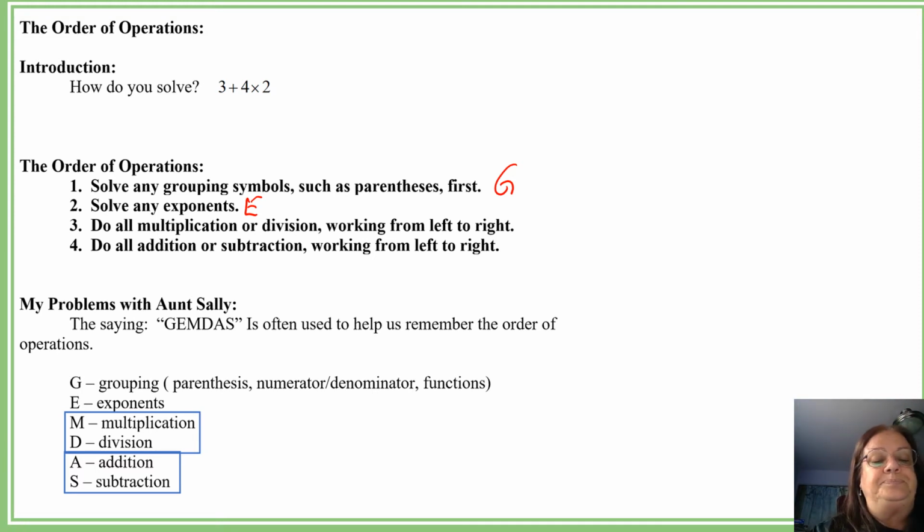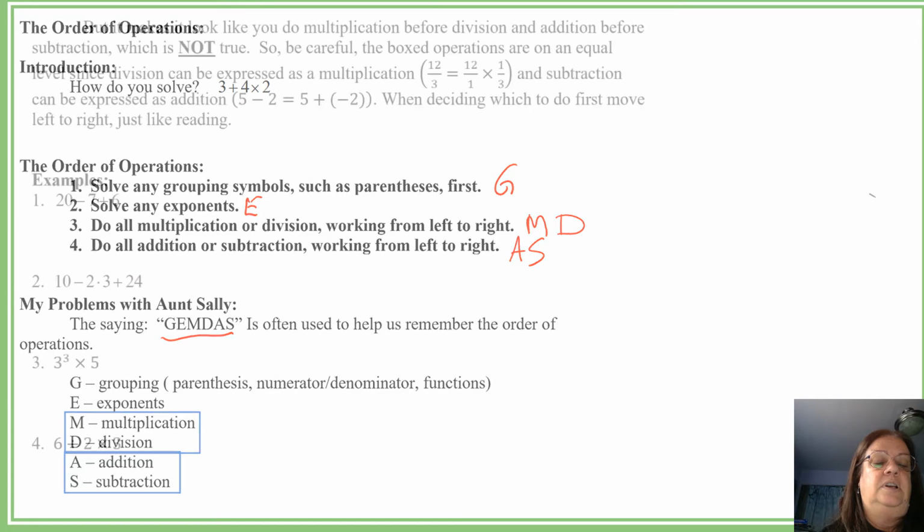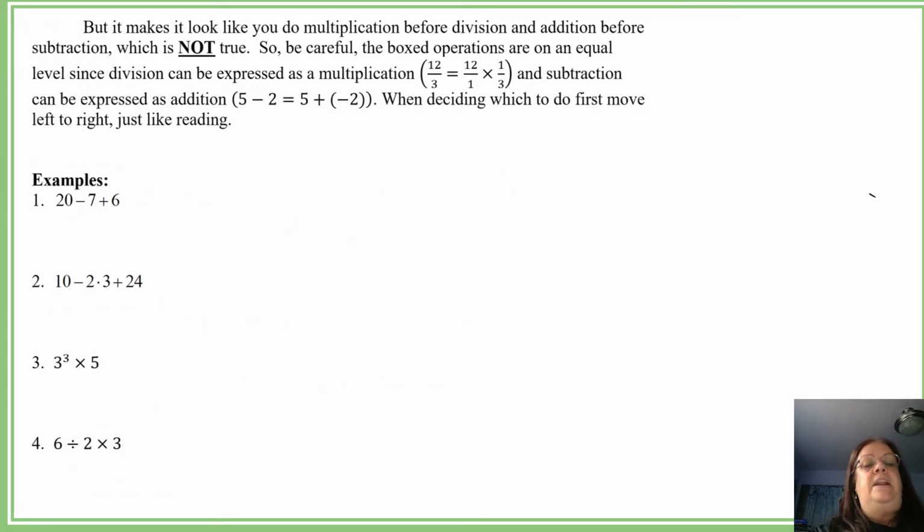All right. Now we do all multiplications or divisions as read from left to right. Then we do all additions and subtractions, again, as read from left to right. We use the saying GEMDAS: grouping, exponents, multiplication, division, addition, and subtraction. GEMDAS. Okay, but it makes it look like you do multiplication before division and addition before subtraction, which is not